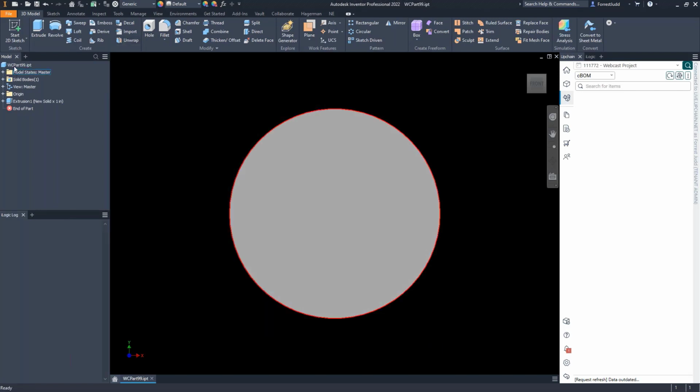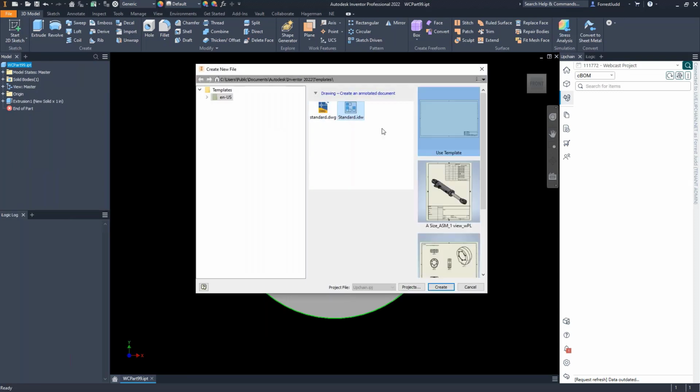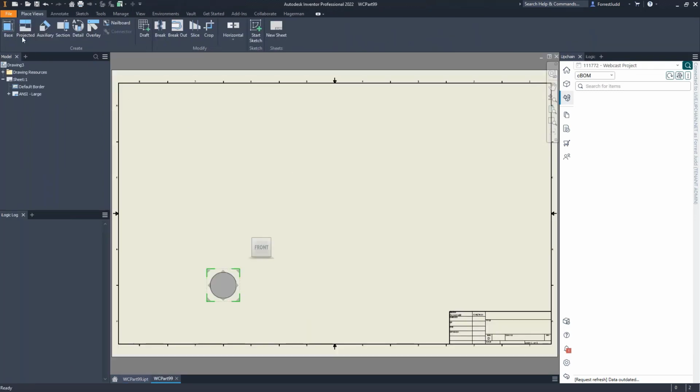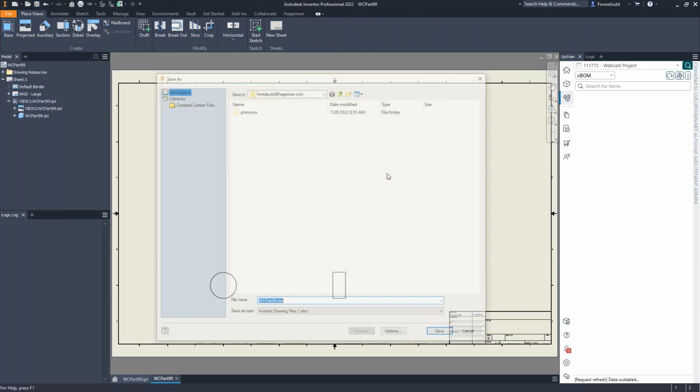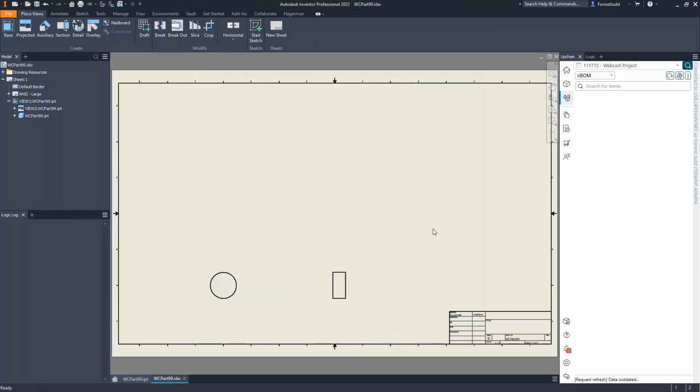And if I need to make a drawing, I can make a drawing too. Again, just like you might do all day, every day today, regardless of how you're storing your files. We're just going to keep this real simple in the interest of time. And if I want to add this data to Upchain,